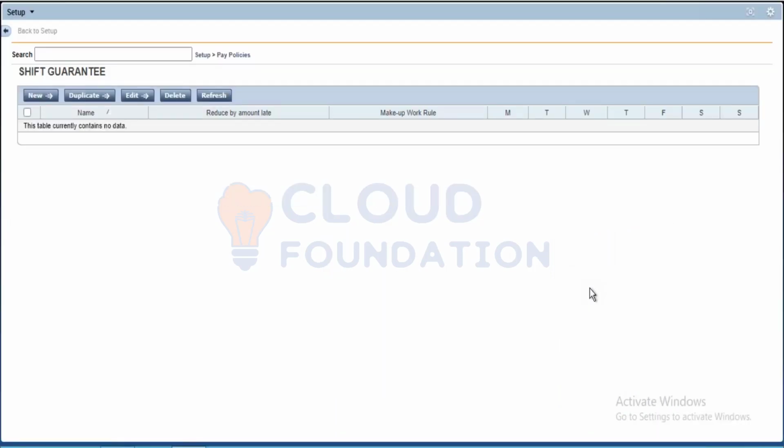Okay, so the next item in the work rule building block is shift guarantee. What this does is it's going to pay you a definite amount irrespective